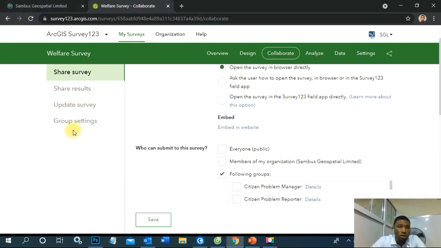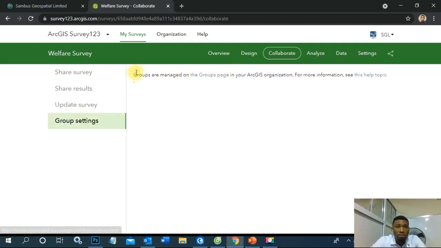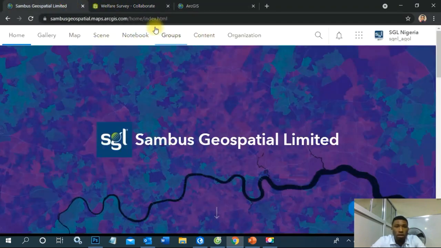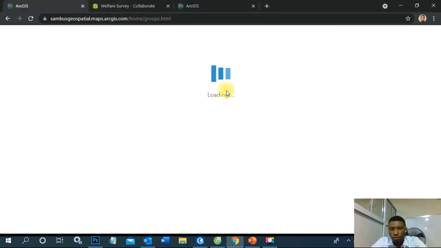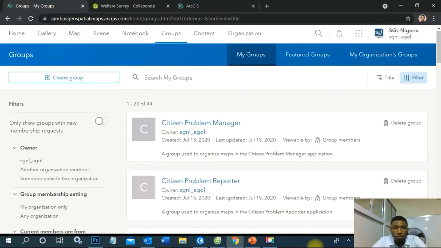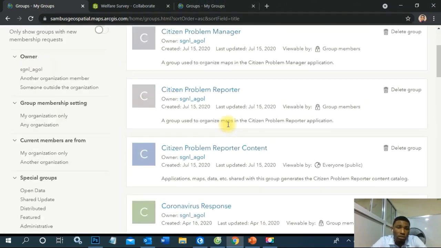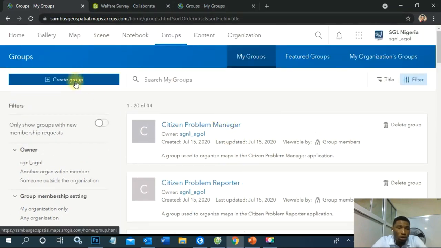So normally you go to the group settings, and groups are managed on the groups page. So you navigate to the groups page. But without going through all that, I'll just go to my ArcGIS Online account and click on the groups page. This is the landing page for the groups. These are all the groups under your organization. So if you want to create a new group, all you have to do is